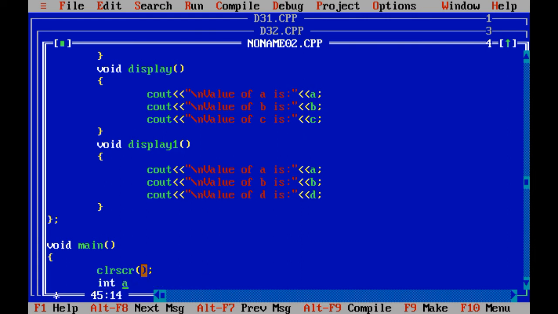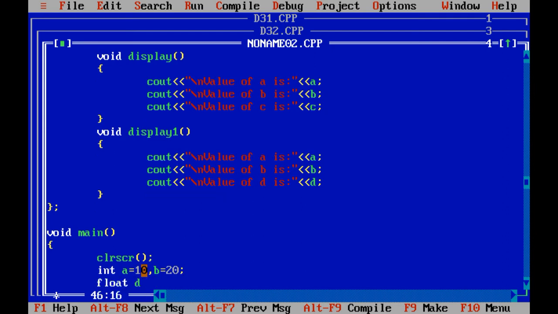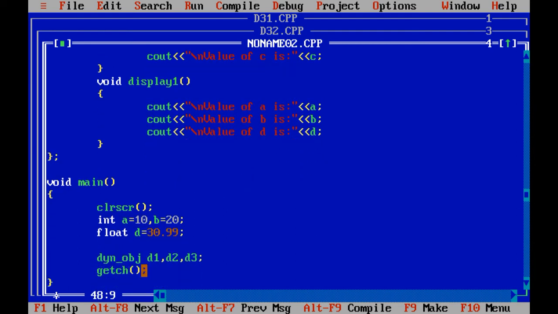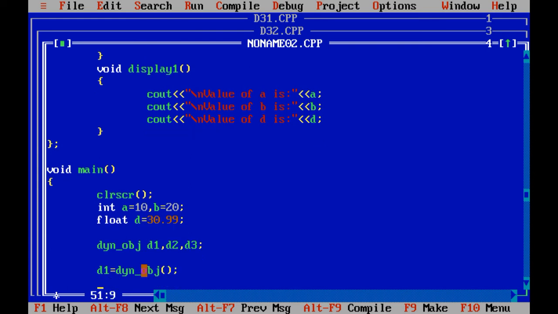I am going to initialize the value of integer a equals 10, b equals 20, float d equals 30.99, because we have declared that data type as a float. d1 equals dynamic_object, d1.display.